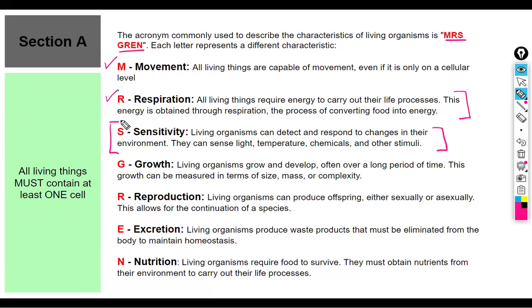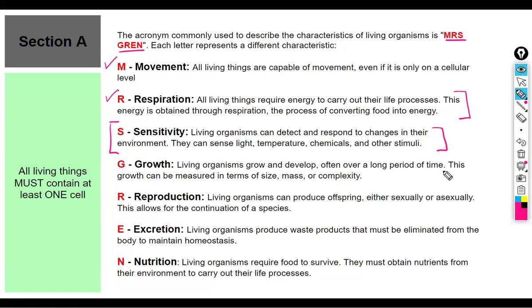When the place gets very, very hot, won't you begin to sweat more? Your body is reacting to the environment. Even plants. Don't plants move towards the sunlight? Like if you have a covered room and a window, and the sun is shining through, the plants will gradually grow slowly towards the window where the sunlight is. All living things must react to the environment, better known as sensitivity.